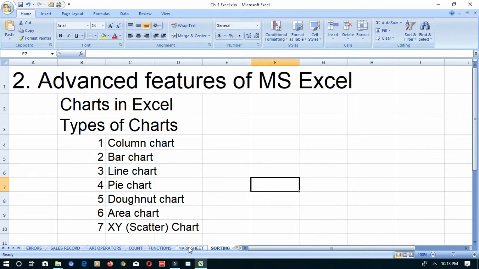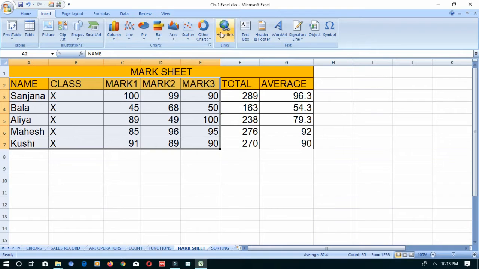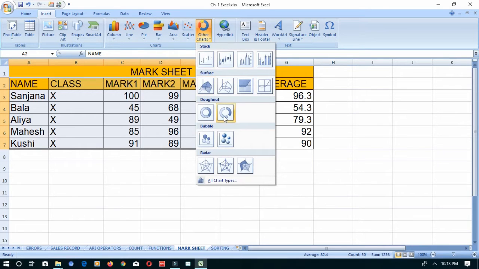First we'll go to the data. I have a mark sheet of class 10, as you all know, and I'm going to make a chart for this particular data. I'm going to select the data first before creating a chart. I am selecting the data of 5 class 10 students and their marks. Then I have to go to the Insert tab and then the Charts group. We will see many different types of charts here: column, line, pie, bar, area, scatter, and in other charts you have donut charts. These are the other 4 types of charts: stock, surface, bubble, radar.